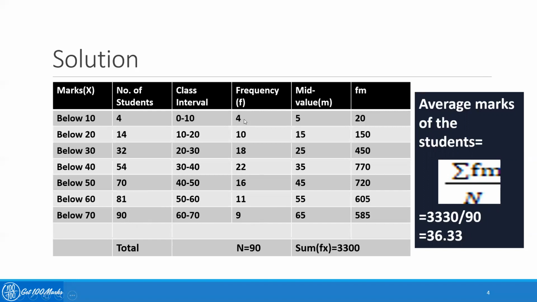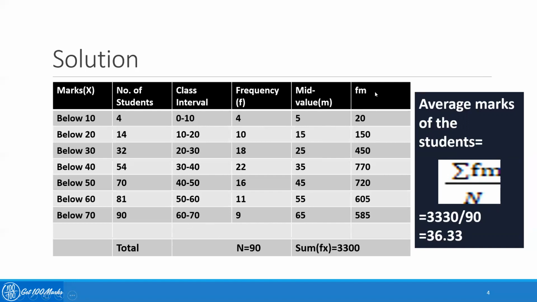So I got the frequency now, I got the class interval. What is the next step for arithmetic mean, which I have discussed in my previous slide? It's summation Fm divided by capital N, F into mid value. Now, since I have got the class interval, I have to find the mid value. 0 to 10, the mid value is 5. How do I get it? 0 plus 10 by 2. Similarly, the mid value for 10 to 20 is 10 plus 20 by 2, which is 15. So I am getting the mid values of all class intervals.